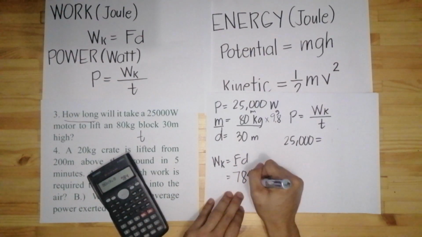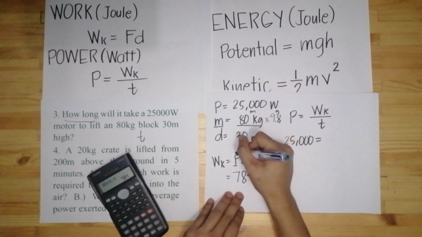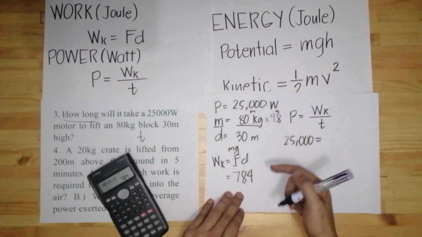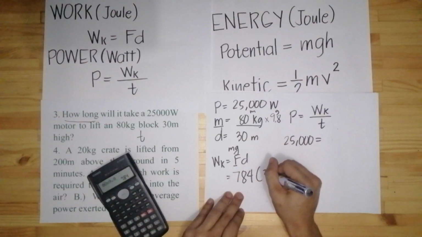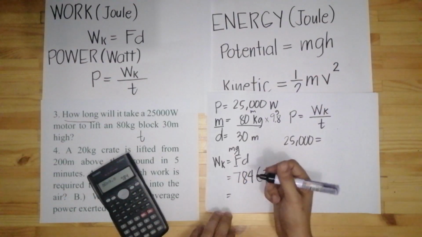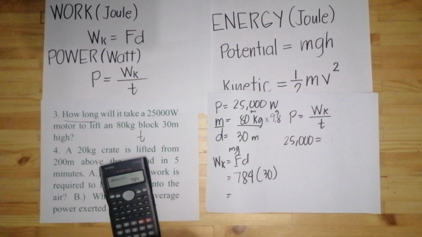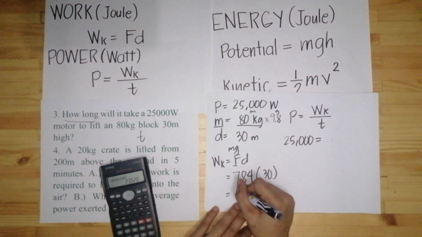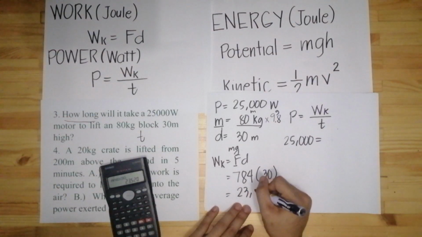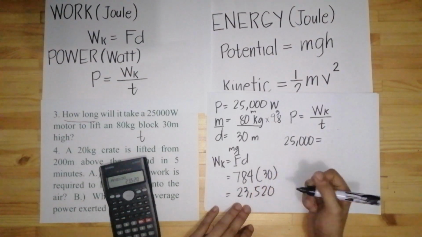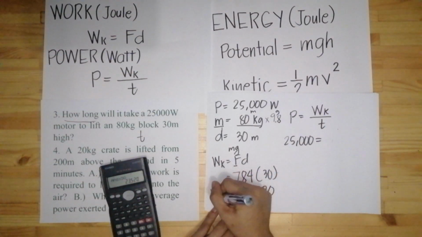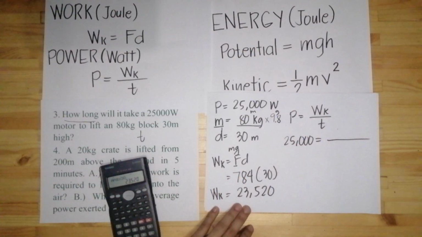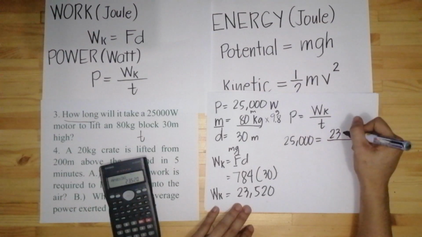784. Yung F na to ay mg. Yan yung gagawin natin force. Kasi walang given force. So, yung D ay 30. Times lang sa 30. So, times 30 lang natin to. That is equal to 23,520. So, yung gagawin natin work. Kinuha natin yung work para mailagay natin dito. So, meron tayong 23,520